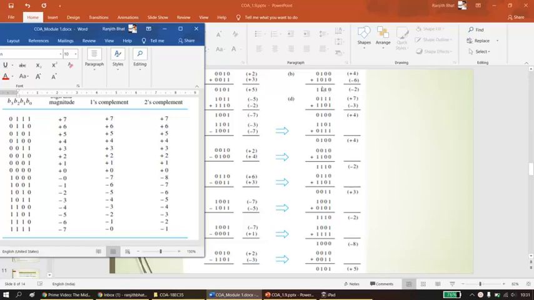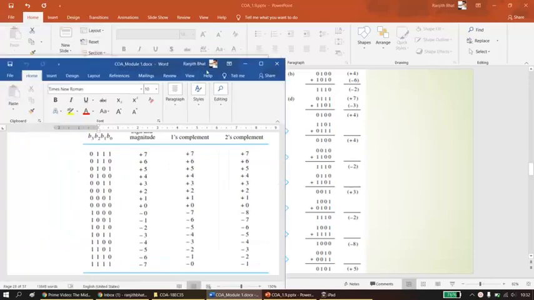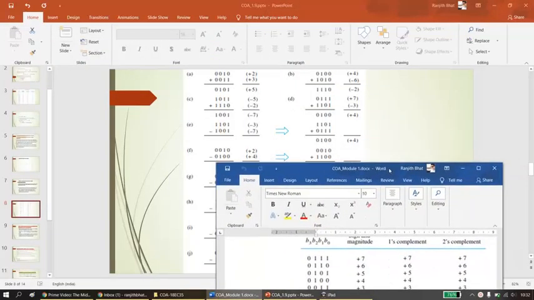This is minus, and this operation gives minus 2, because minus 2 is in 2's complement form. So minus 2 is here, and it is 1 1 1 0. So this is a simple operation where we have a different sign. I have already given an example of plus 2 and minus